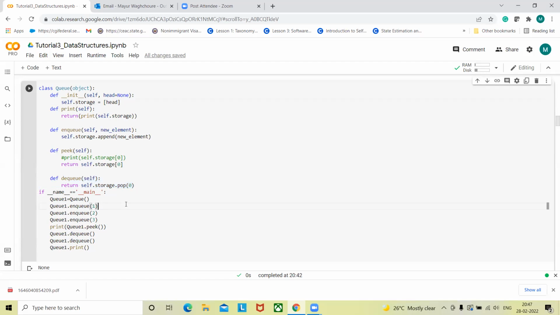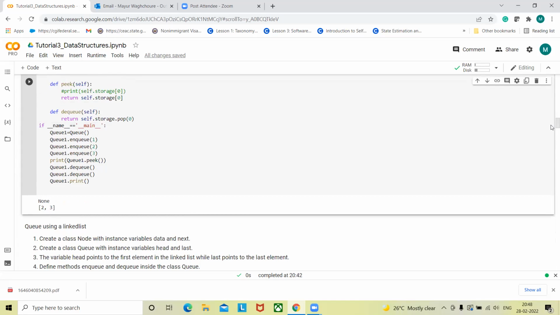That's how we get this queue done. Basically this is a class, so we create an instance of that class as a queue, and then we can perform enqueue and dequeue repetitively and build our particular queue. So we are performing enqueue three times, meaning we are adding three elements to that array, so that our new array will be 1 2 3. Then we perform peek one time, and then we perform dequeue twice, so two elements will be deleted, and then we just print that. So you can see the first element is